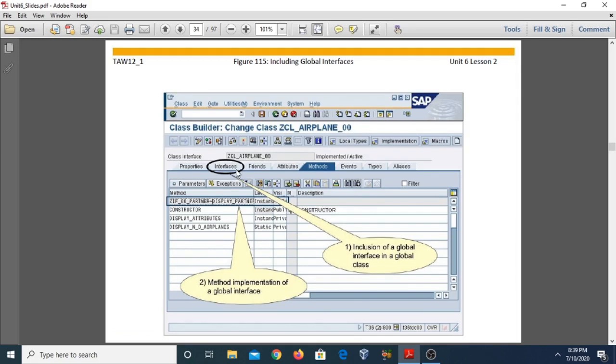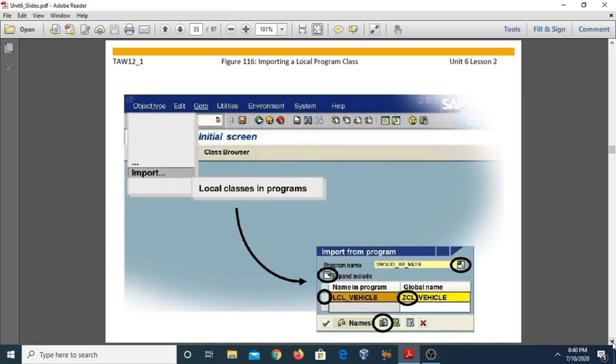In this case you can import the interfaces that you have created recently, then automatically it will show the methods that you have defined in the interface. This way you can include the global interfaces in the global classes. Now to implement the method of the global interface, just double click on the particular interface method. It will open the method where you can define the implementation part of the method.